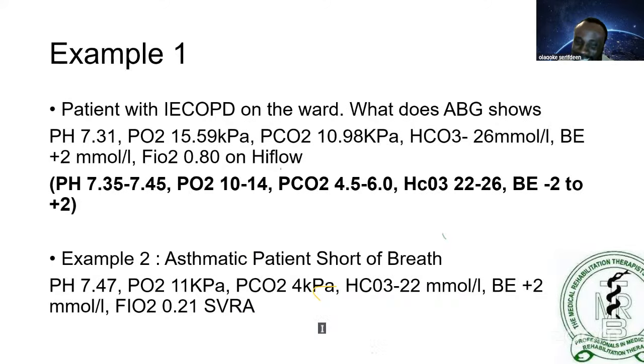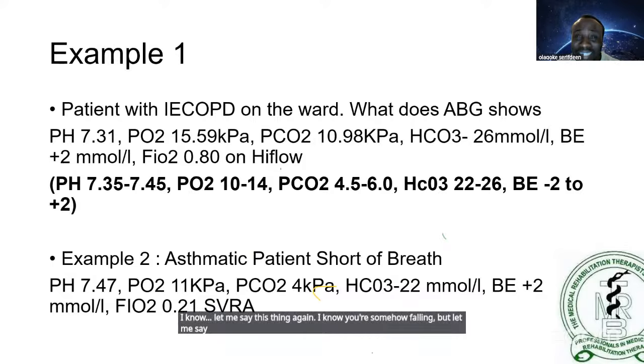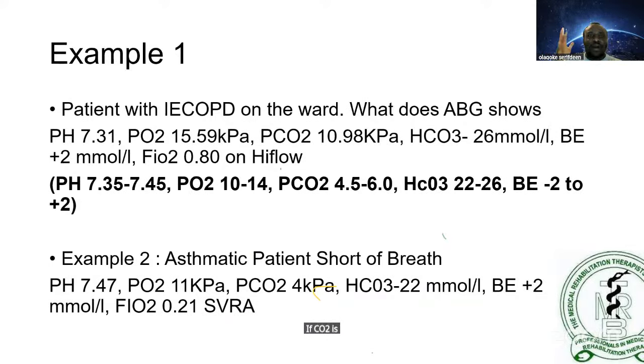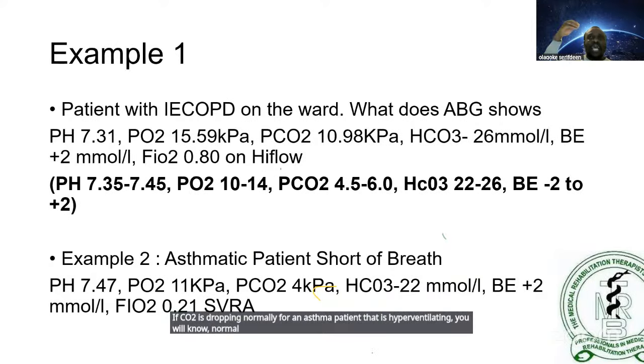Let me say this again. For an asthma patient that is hyperventilating, breathing very fast, when you check their ABG, what you want to see is that the CO2 is dropping down. That's normal, because they are blowing out CO2. CO2 should be reducing, pH should be going up, which is the normal thing, if that makes sense. Now, by the time they